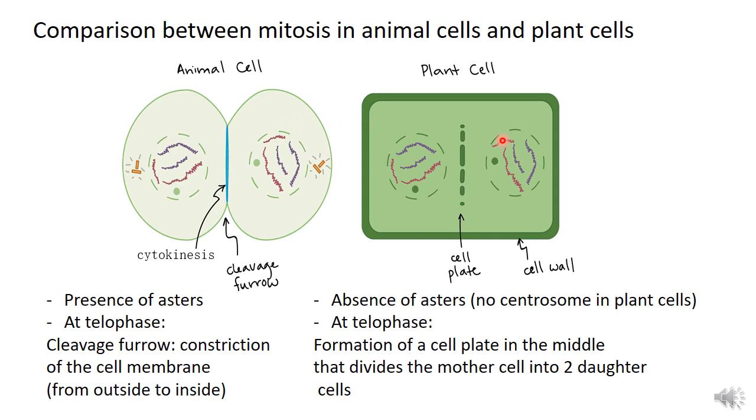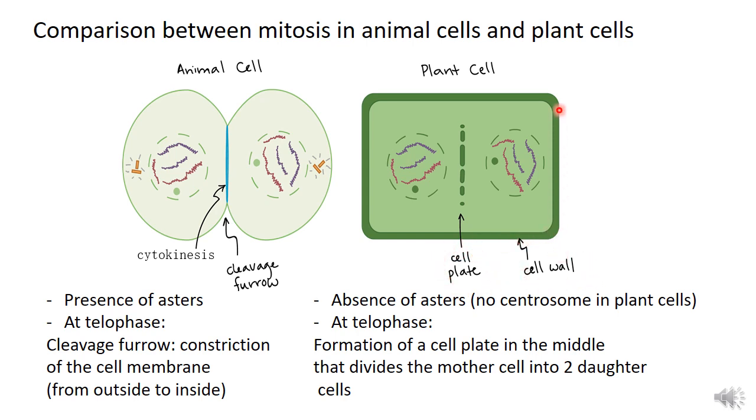However, if you look at telophase in plant cells, you see clearly that no constriction, no cleavage furrow is observed. However, there is a cell plate that forms in the center of the cell, and this cell plate grows more and more until it divides the cytoplasm into two cells, and then this cell plate forms the cell wall that